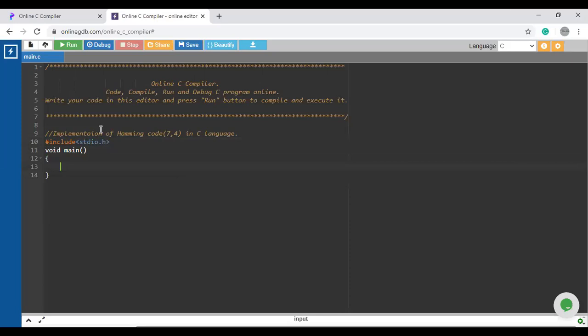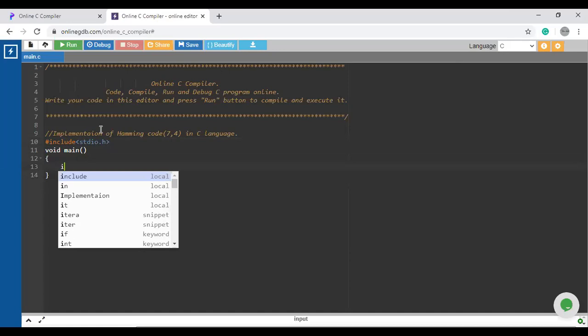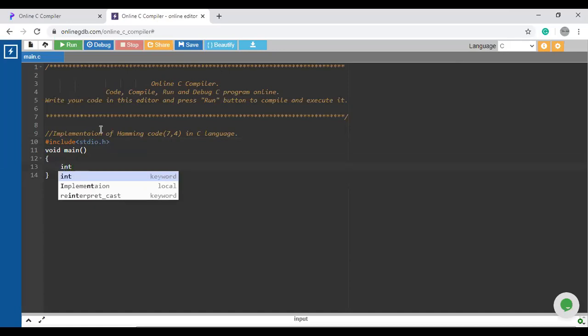Now, I will declare some variables which are integer type. So first variable will be int data, which is an array of size 10, and it will store the value of the data which is sent by the sender. Another variable will be data at receiver side, which is also an array of size 10.